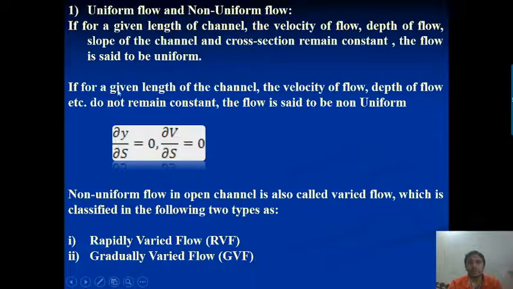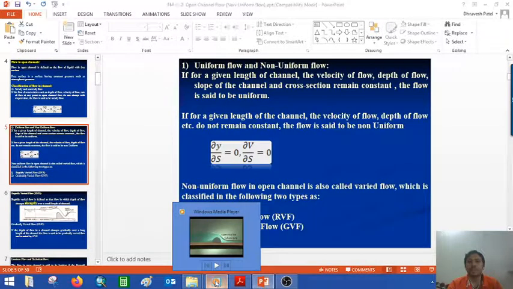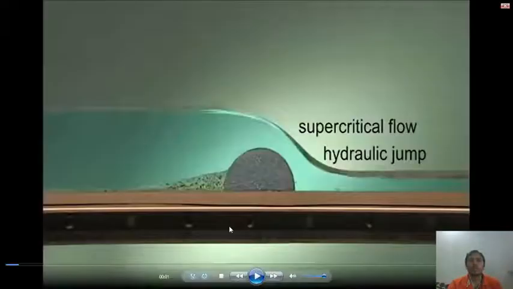So these are the major reasons why non-uniform flow is generated. Non-uniform flow is when the depth of the flow, the velocity of the flow and the slope of the channel are not uniform. I will show you the same with the help of one small video, where you can exactly identify how gradually varied flow and rapidly varied flow are generated. So watch it carefully. Every concept which we are going to include in this chapter is included in this video.